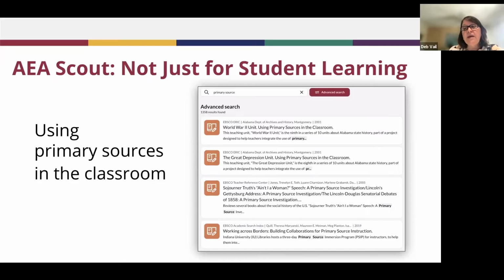I did a quick search on primary source, and these were the top 4 hits. What it brought up was not specific primary sources, but pedagogy type articles that would help me understand how to frame a primary source. How do I get kids to interact with it? That kind of thing. So do keep in mind that Scout is a great resource for educators to hone their pedagogy as well.